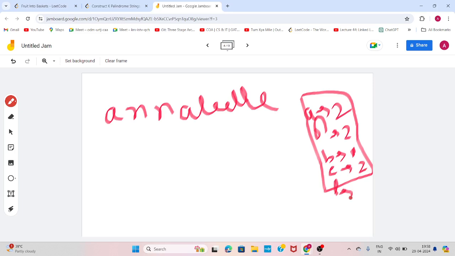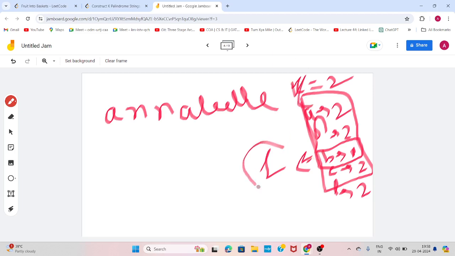Now, we have k equals to 2. So what we'll do, we will just take care of the odd-count character, which comes for 1 time only. Only 1 time B comes, not this frequency, like in the whole string, the odd-count characters come for 1 time, and we have k equals to 2. So we will put this one in between of either of the two palindromic strings. Like it will be Anna or it will be ELLE. It will not affect our answer because if we reverse, it will be a palindrome. But